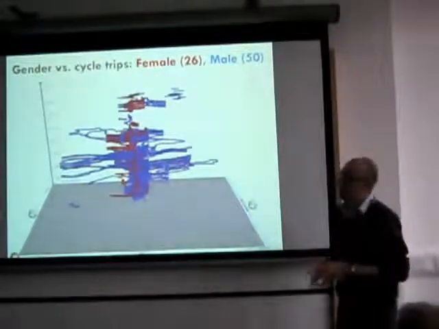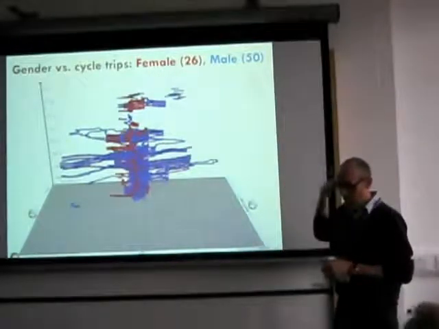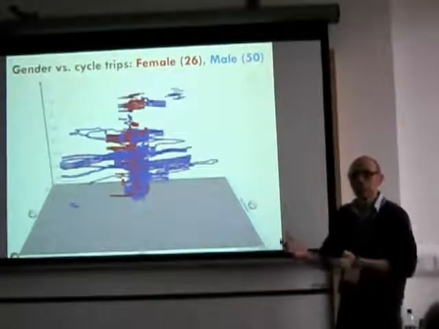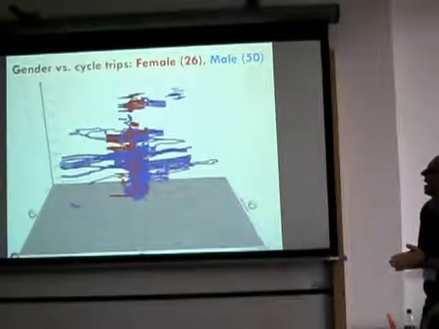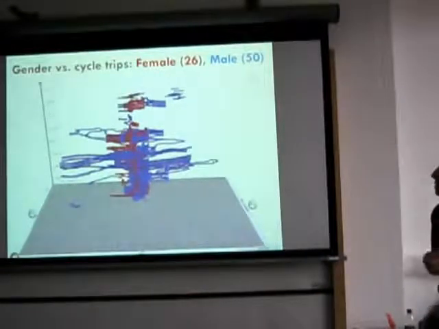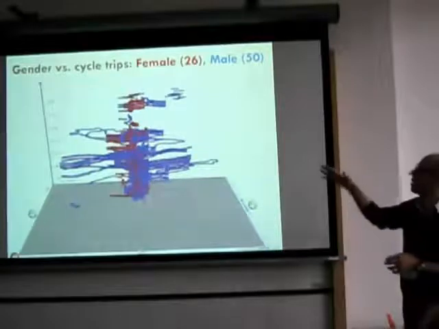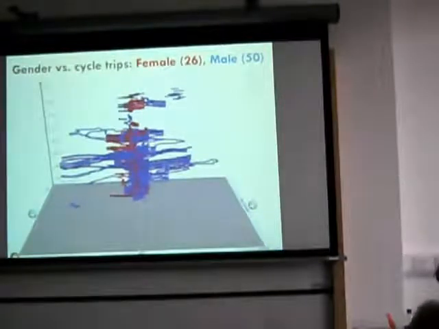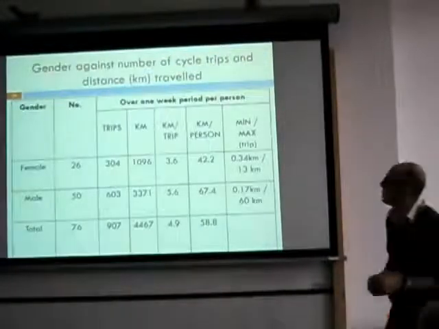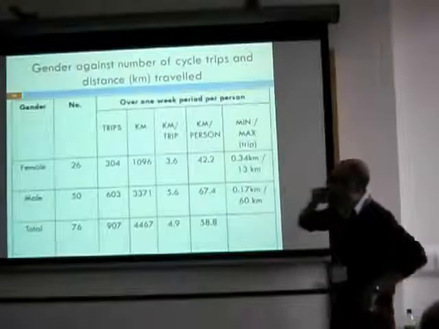First of all, we split our analysis by sex and by socioeconomic group, etc. We have all these variables to consider and test different hypotheses or ideas that pop up in the cycling literature. So we have 26 females, 50 males, which kind of represents the cycling situation in Newcastle. Maybe females are a bit overrepresented here. And this is a kind of sample characteristics.